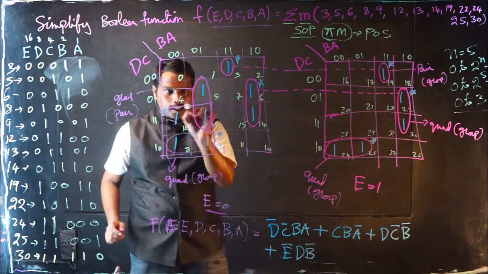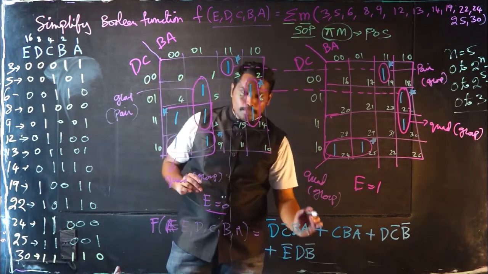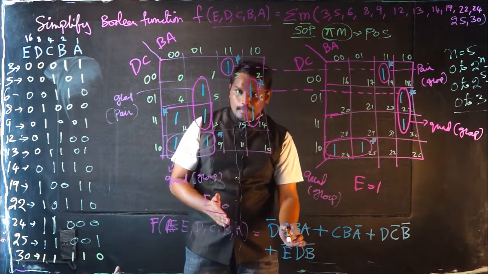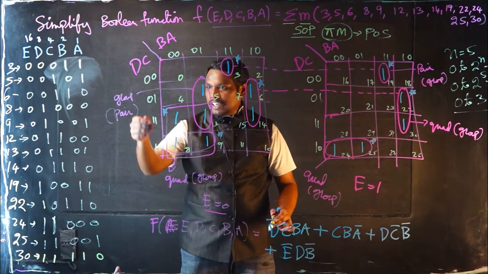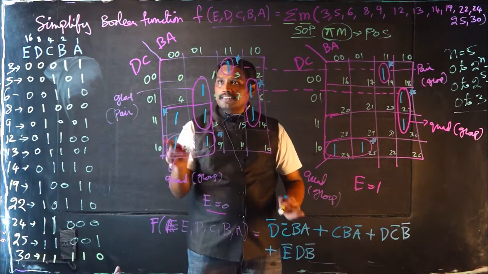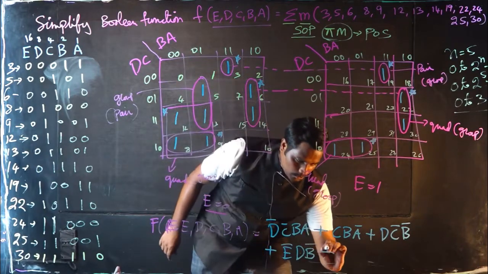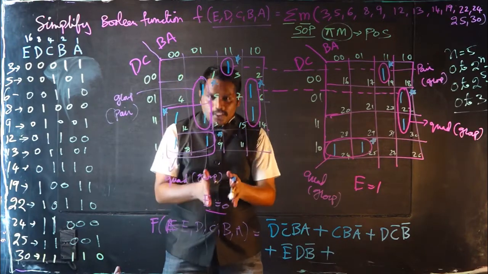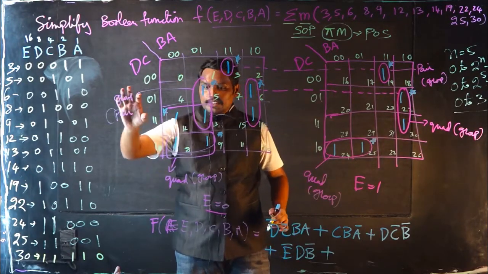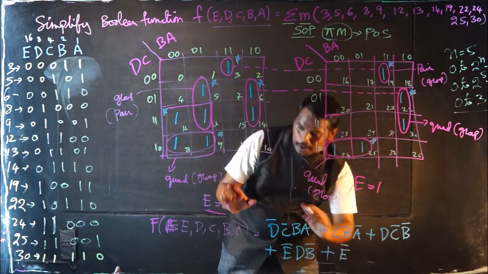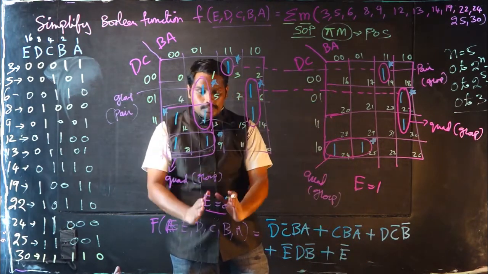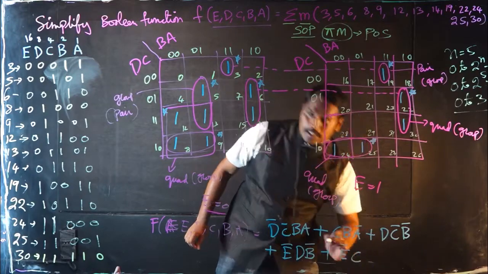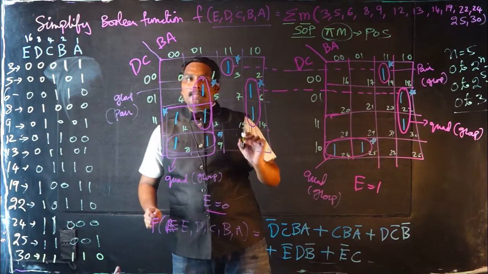So hope this is clear. For this particular quad, I have made the min term that is extracted: E is equal to 0 in the Karnaugh map that I have plotted, so E bar, followed by the literal D as common, and B bar as common. Now that is also completed, and finally the last group which is left over is this particular group only in the E is equal to 0 Karnaugh map. Here you can see that this is E bar, because you are only taking the group from E is equal to 0. So E bar, followed by C as common, and followed by B bar as common, right?